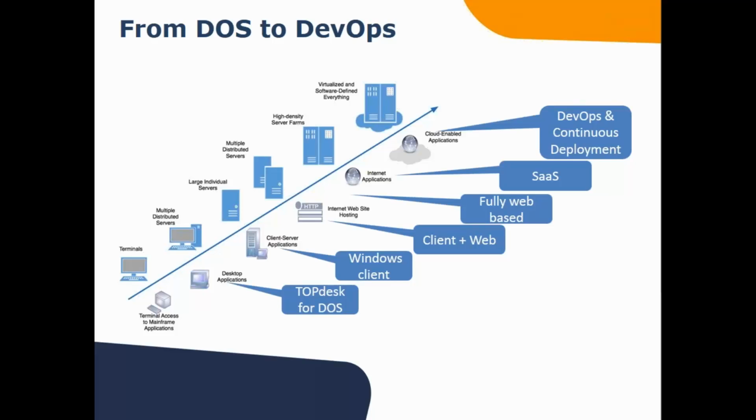And then a recent development basically is that you see that the hosting is being integrated into the creation process. And that's where you see terms coming up like DevOps and continuous deployment. And tools are evolving to create a seamless workflow from the application programmer towards the actual user that is using